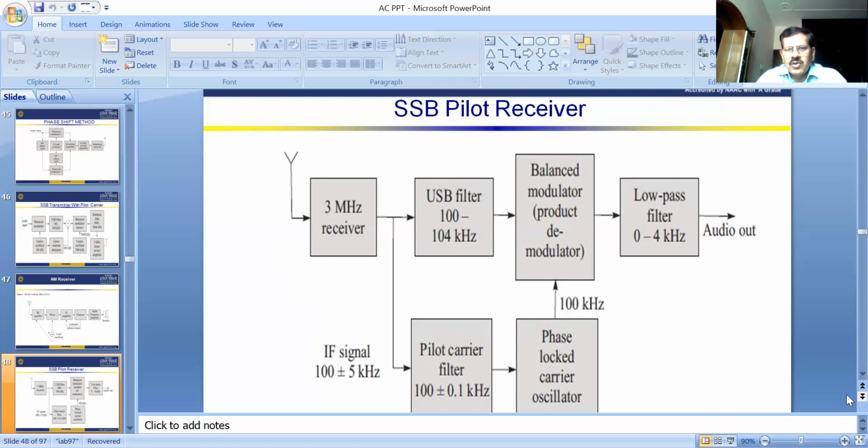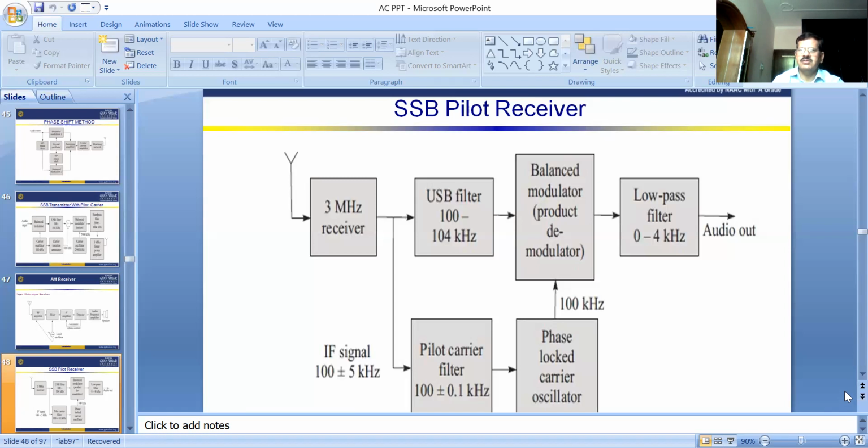So the balance modulator behaves as a product demodulator, because there are two signals that are multiplied. After the product, the modulator applies the signal to the low pass filter, and the low pass filter has a frequency range from 0 to 4 kilohertz. After the low pass filter, the filtered signal is applied to the audio output,